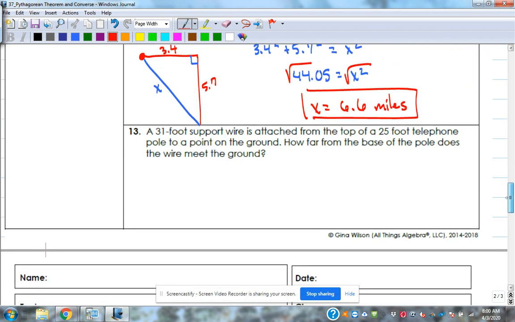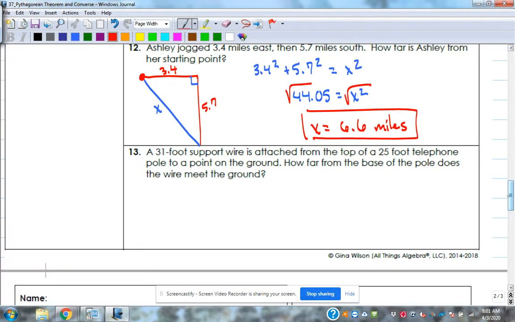Okay. Application problem number 13. A 31-foot support wire is attached to the top of a 25-foot telephone pole and to a point on the ground. How far from the base of the pole does the wire meet the ground? So we have a telephone pole or power pole, whatever you want to call it. And there's a support wire attached to the top of that 25-foot pole. The wire is 31 feet. The pole is 25 feet. They want to know